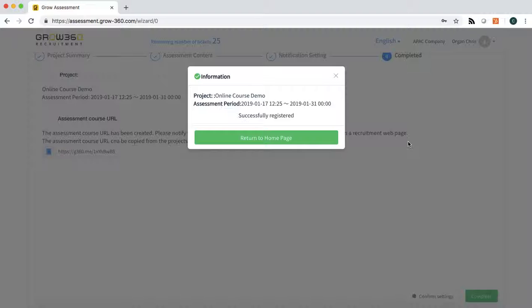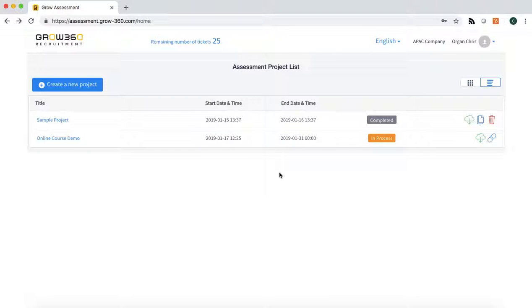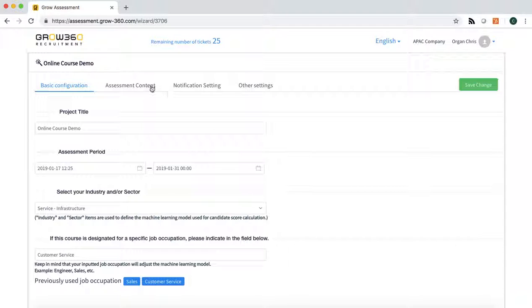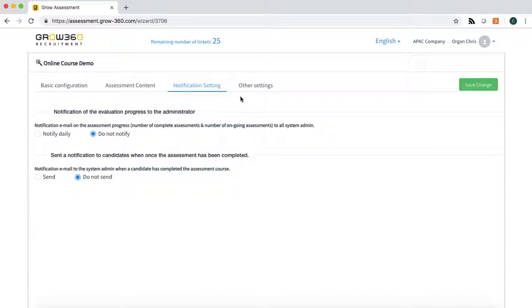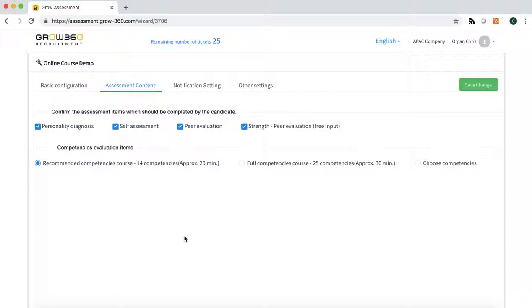Okay, so now you will see that our recommended course has been created, which was pretty simple. And when we return to the home page, we will see that Online Course Demo Assessment Project appear underneath our sample project. So to go back into the assessment settings, we click on Online Course Demo. We click on the setting bar here. And now we can go through and customize the assessment content, notification setting, and other settings if we like. So looking at assessment content,